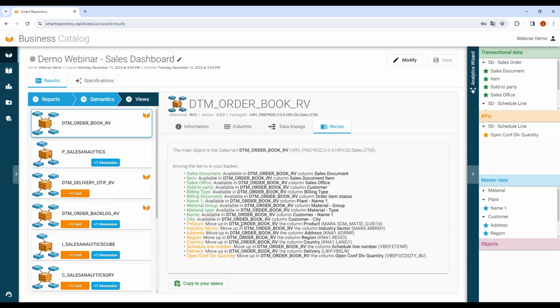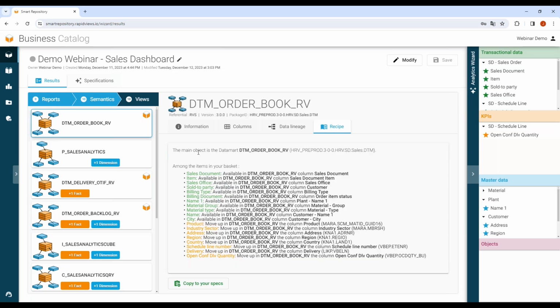Okay, good. So that means that based on what I want, I will be able to see the list of all the standard SAP CDS views, but more interesting, the rapid views business content views, because we have been working for the last 4 years on this concept of predefined data marts for the core SAP modules.